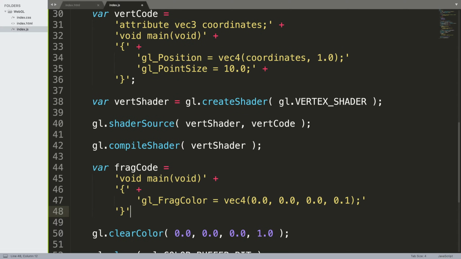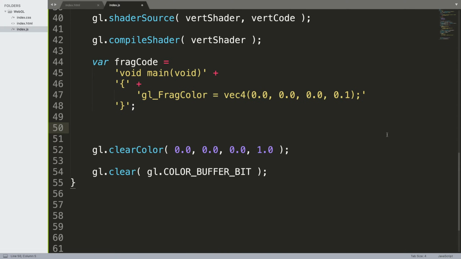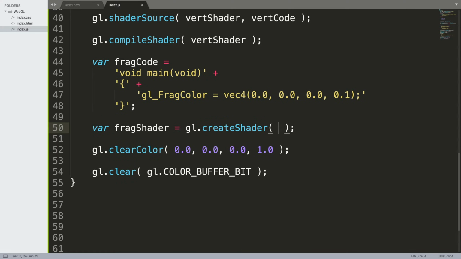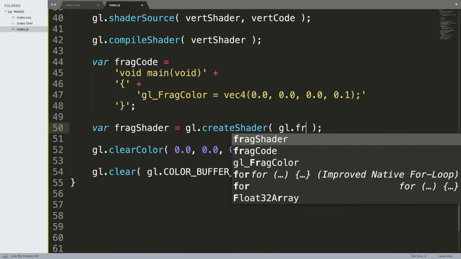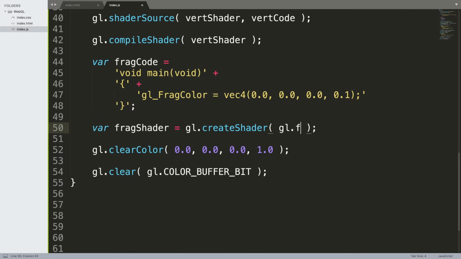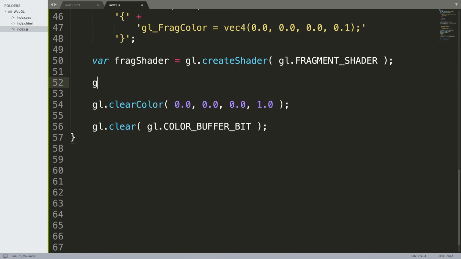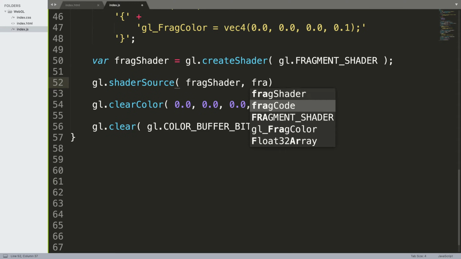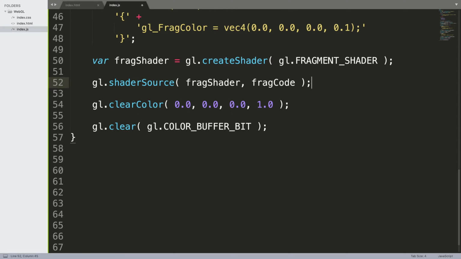And next, what we're going to do is close the curly brace, semicolon. So that's both the shaders done. Now we need to create the shader object for the fragment shader. So to do that, we scroll down a bit. We do var fragShader equals gl.createShader, and we just specify what we're creating, which is gl.FRAGMENT_SHADER, all uppercase, sorry, FRAGMENT_SHADER. And now we just need to attach the source code for the fragment shader. So to do that, we do gl.shaderSource(fragShader, fragCode);